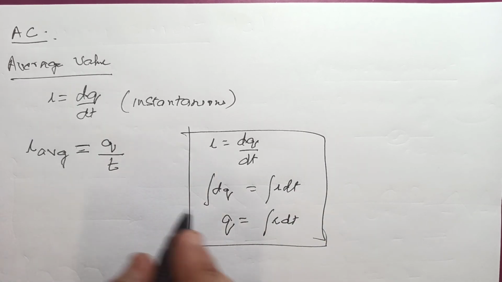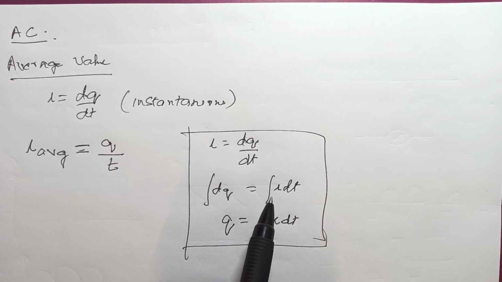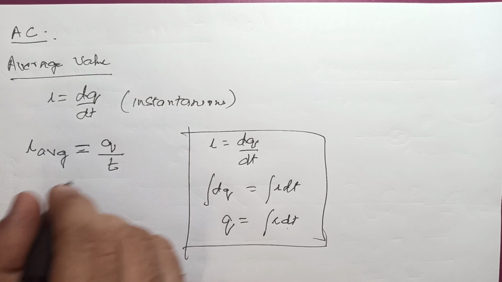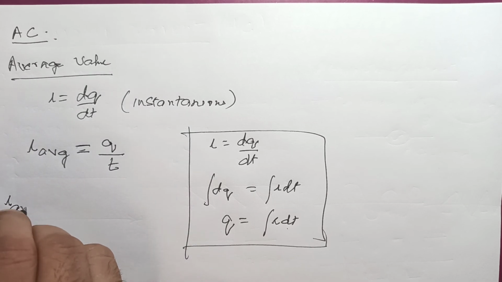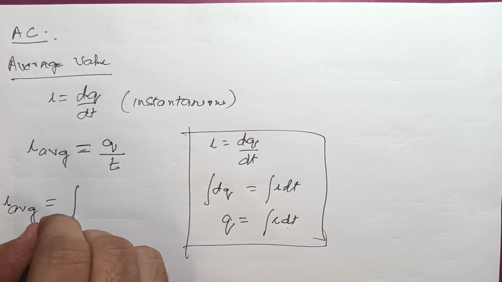If I just substitute it here, so what is this now? This is total charge. Okay, what is integration of dq? Integration of dq is the total charge, and integration of I dt is the total current. So basically I am just keeping this as the q and this remains as such. Now I am using the same thing here, or I can say I average is equal to q, which is integration of